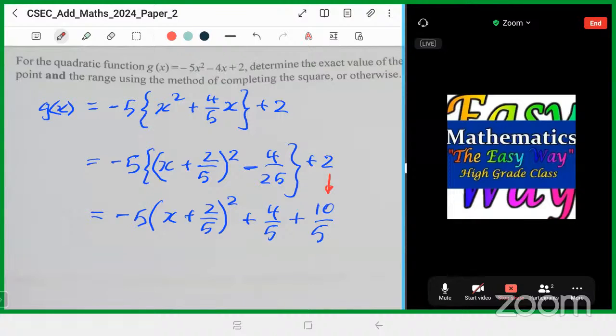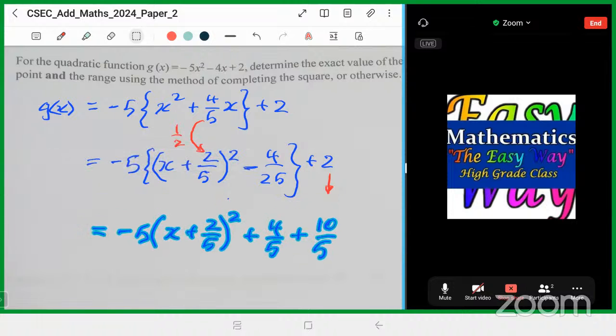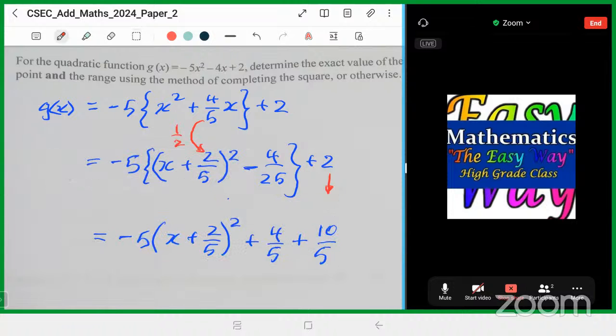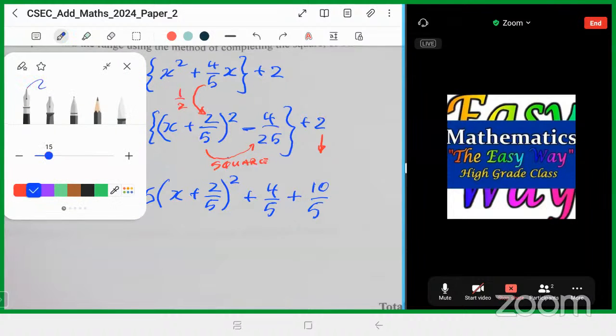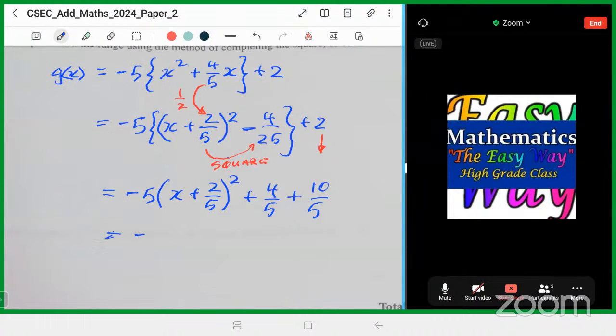What did I do here? I took half of this value, just to remind ourselves of the process, and then I square this value and shift this down to show that I squared. Then I subtract the square of this value. That's the process of completing the square after we factorize. All right, and so these then become equal to -5 into x plus 2/5 squared. This is now